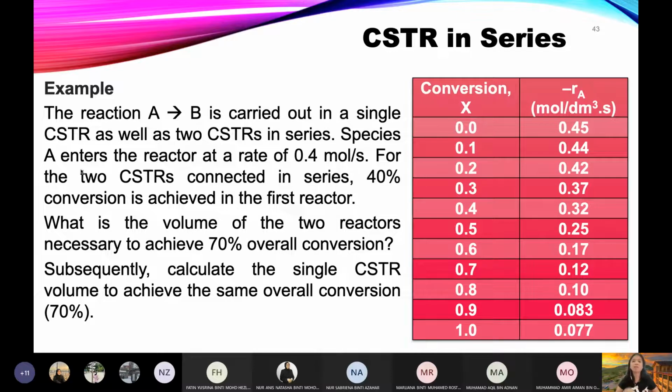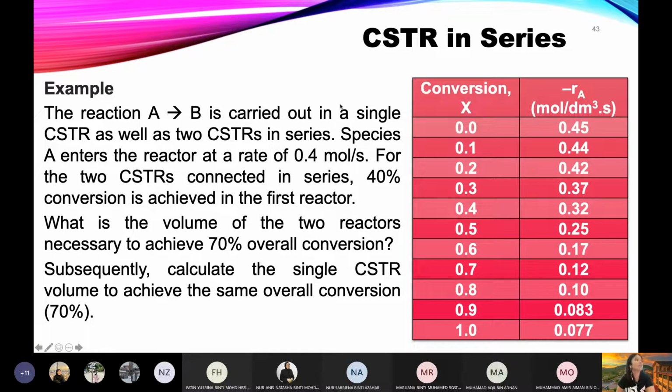And this is not only for exam or not to punish students, but you must understand in the real working world as well. Imagine, let's say you're working in a plant, so you ask your technician to supply you information. Let's say your technician say, boss, flow rate dia 0.4 mol per second. And you are unable to digest it correctly. Katakan kamu ingat 0.4 mol per second ni adalah concentration, habislah the entire thing. So it's the same applicable even in this course as well. Interpreting information accurately based on the sentence or based on communication. Okay, so first establish FA naught 0.4.